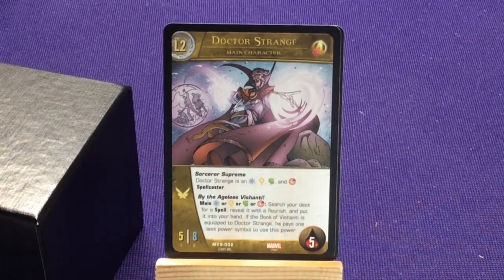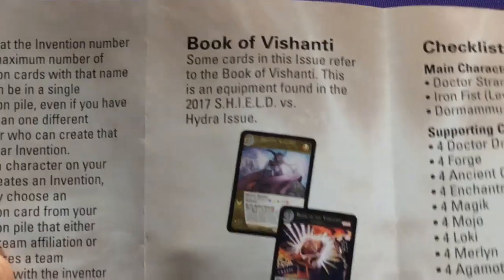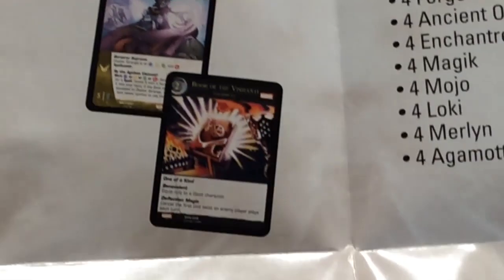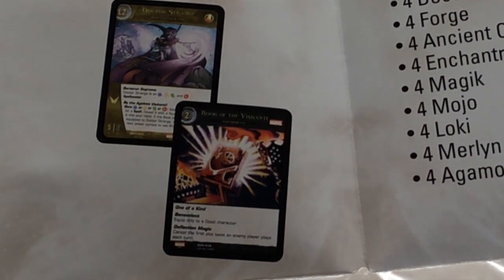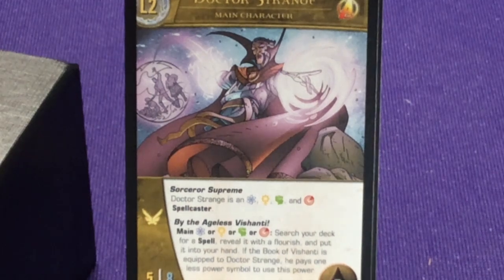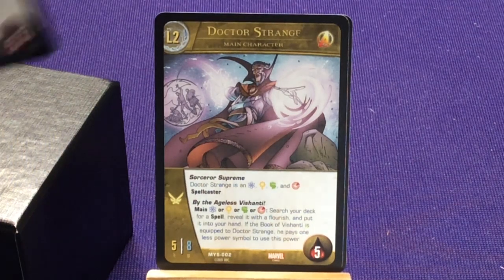The Book of the Ashanti, which he can get, is available in the Shield versus Hydra set. It is a special one of a kind equipment. I'm going to see if I can zoom up on this picture at all. One of a kind equipment, equipped only to a good character. It says, cancel the first plot twist an enemy plays each turn. So if you have the Shield set, he becomes even better, because he can play spells for free. He doesn't just become better, he becomes incredible. Alright,